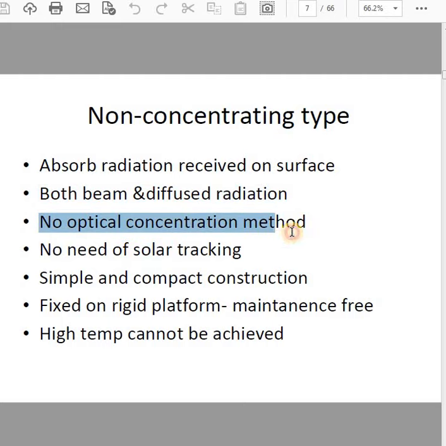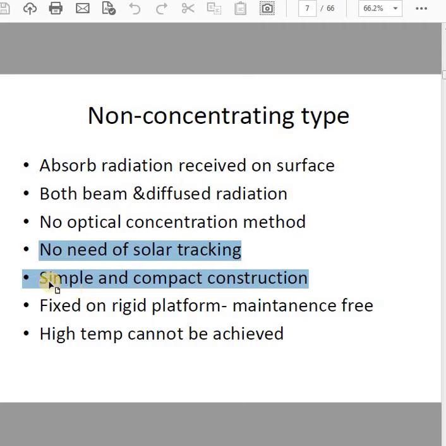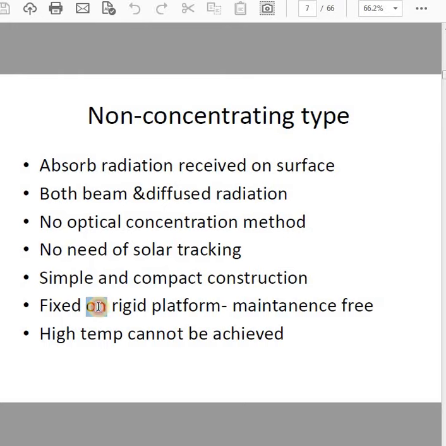There is no optical concentration method, no need of solar tracking in non-concentrating type collectors, simple and compact construction, fixed and rigid platform, and maintenance free. So non-concentrating types have a fixed platform, and the maintenance of the platform is less. High temperature cannot be achieved using non-concentrating type collectors because those are fixed collectors which are not moving. And next, moving on, you will have your next slide where